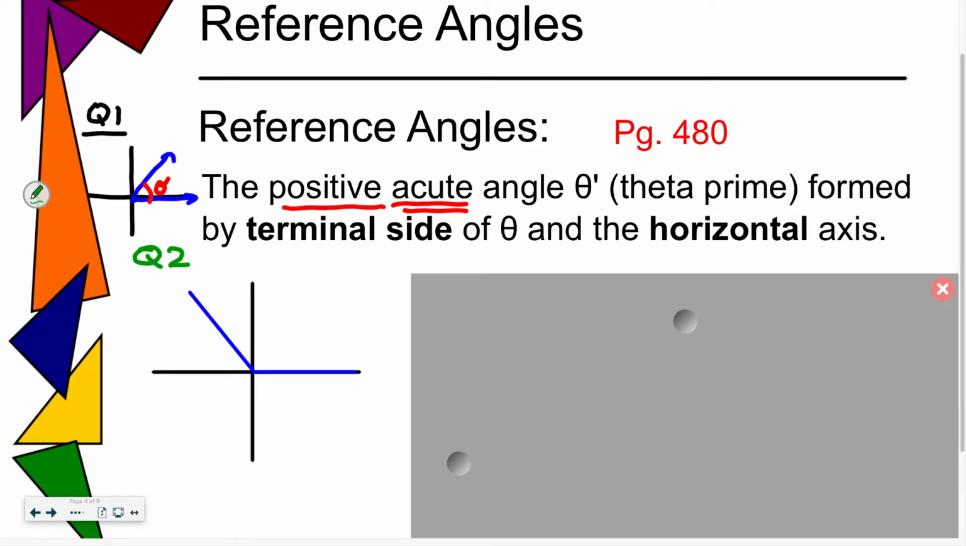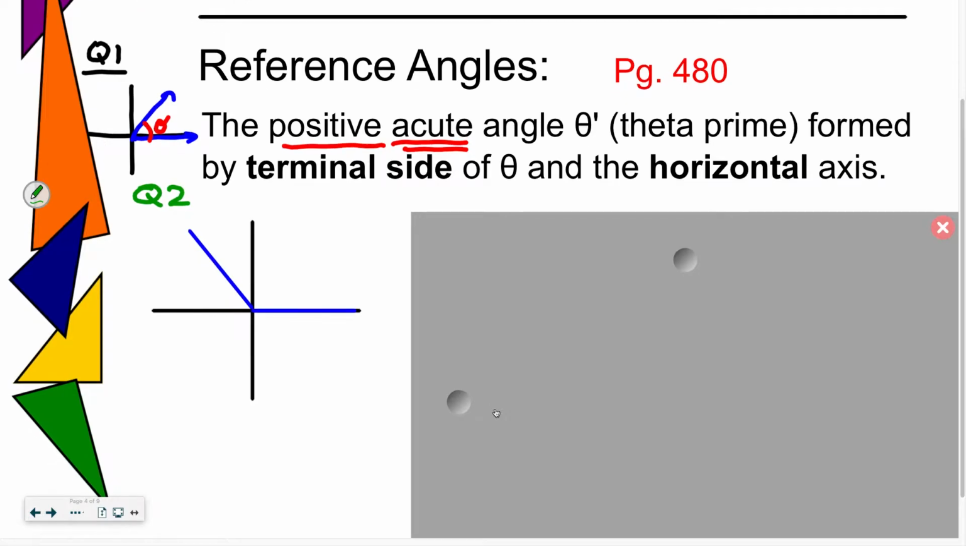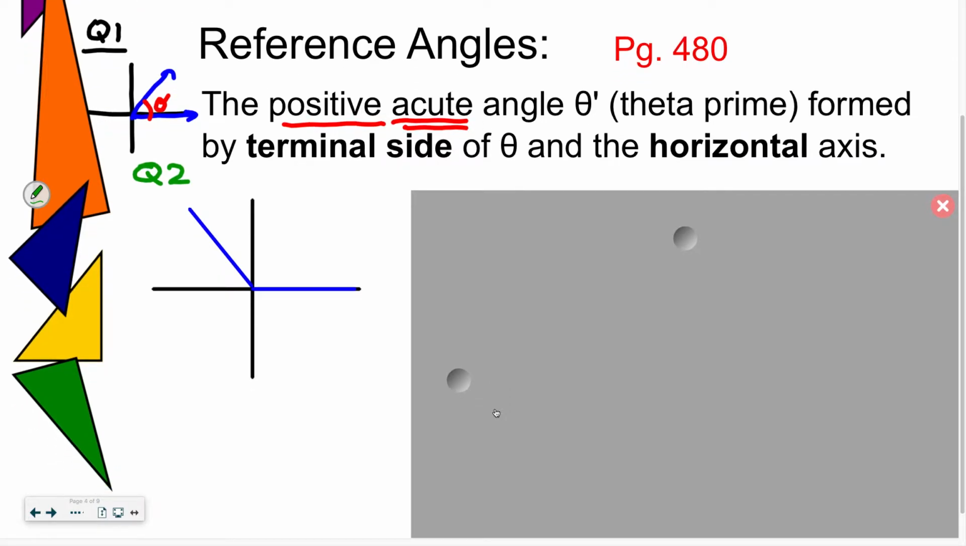If you want to draw a quick sketch, it's an easy sketch. Just make a coordinate plane. Do initial side on the positive x-axis. And then plot your terminal side anywhere you want in quadrant 2. So terminal side in quadrant 2. This is going to be my angle theta,